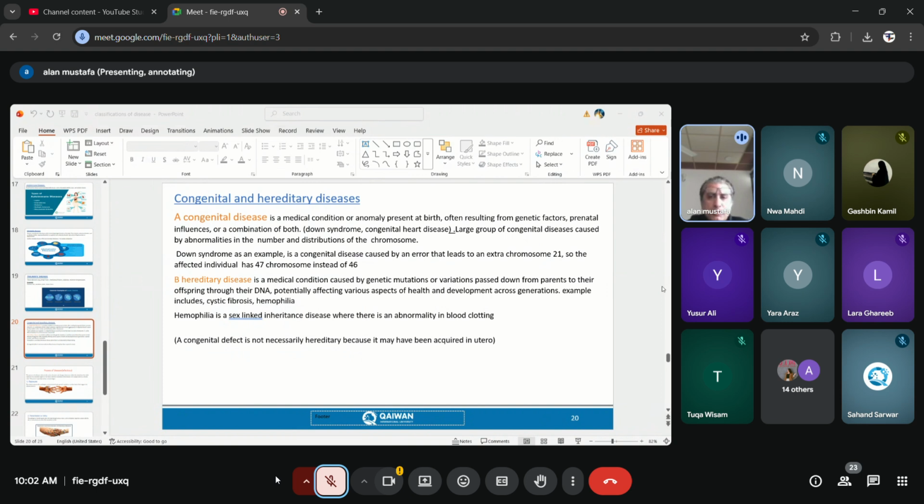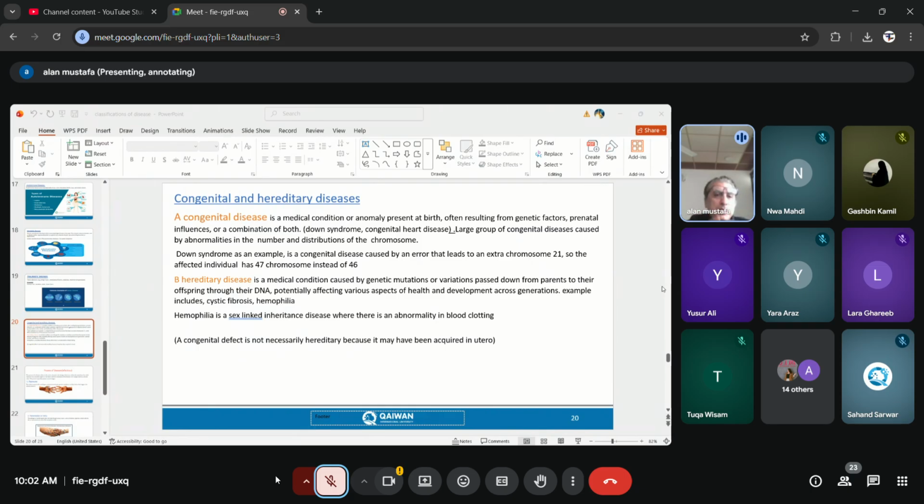Yes, you are all right, but there was a problem with how you express it, but you're all right. So when we say hereditary, it means it has to be some problem with the chromosome and the genes. It has to come from your parents. So this is hereditary. But congenital, when we say it's congenital, it's not necessarily has something to do with the